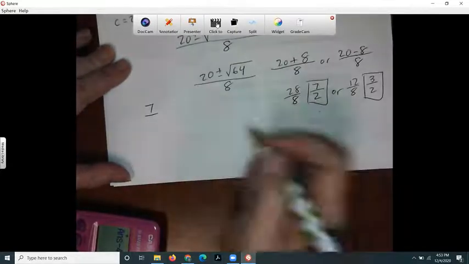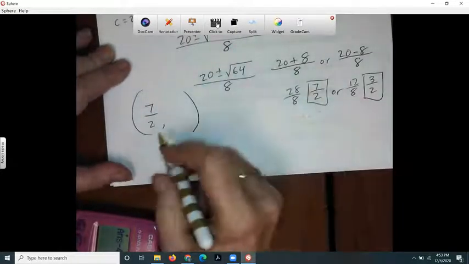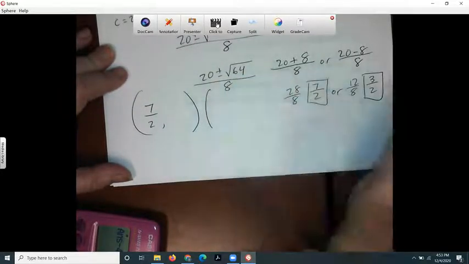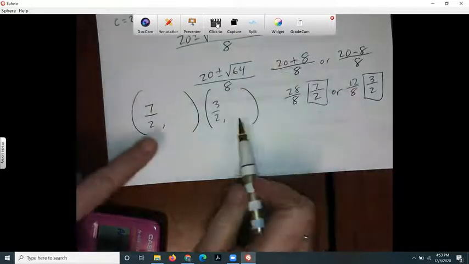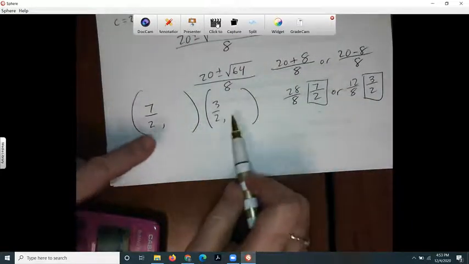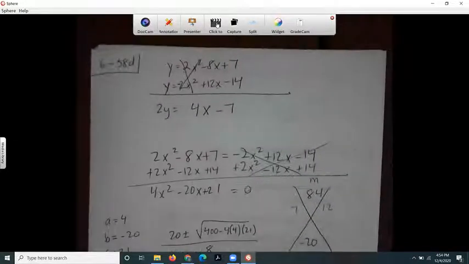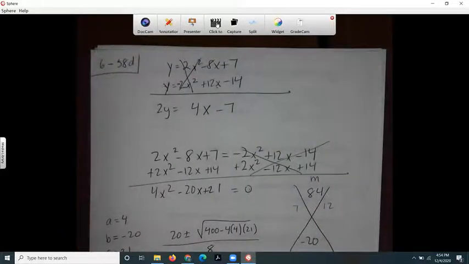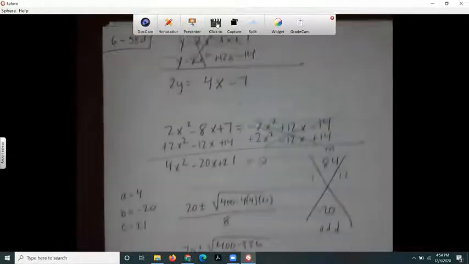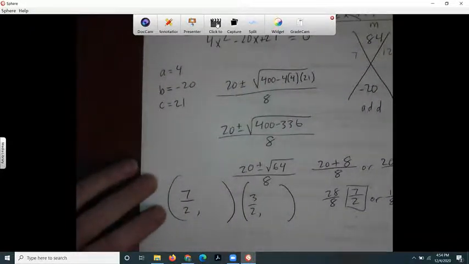So I'm making ordered pairs for them. So I plug in the 7/2 in somewhere. Well, I think I'm going to actually speed through that. If I plug my 7/2 in, I should be